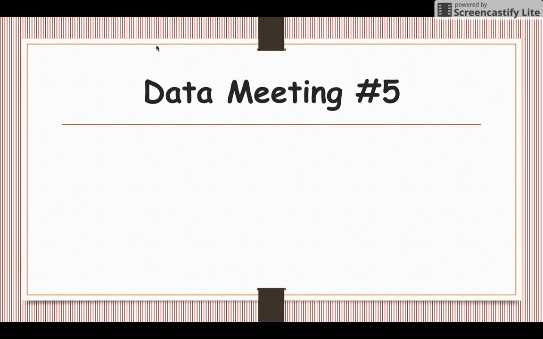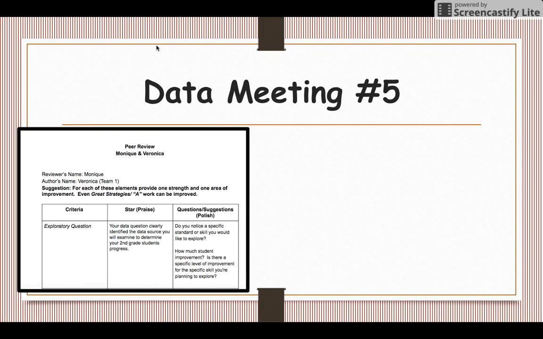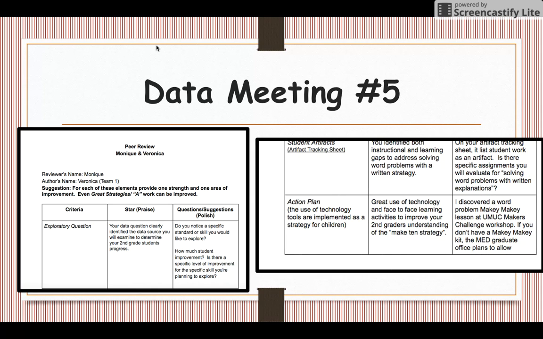But since it was the summer, I was partnered with another team member from another team, Veronica from Team 1, whose team looked at second grade math word problems. We used the rubric so that we could be on the same page on what we're evaluating. We looked at the exploratory question for clarity. And one of my favorites is that we exchanged some tools and technologies that could be used for main idea and for her second grade students. Makey Makey was one of my favorites. You can go to makeymakey.com to view lessons using the Makey Makey technology kit.